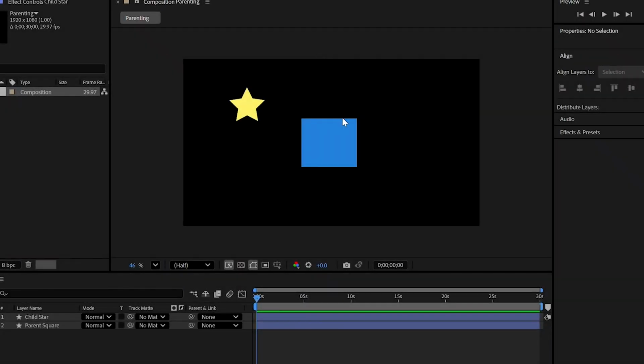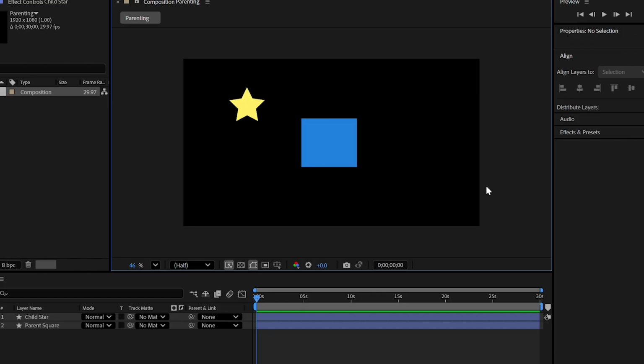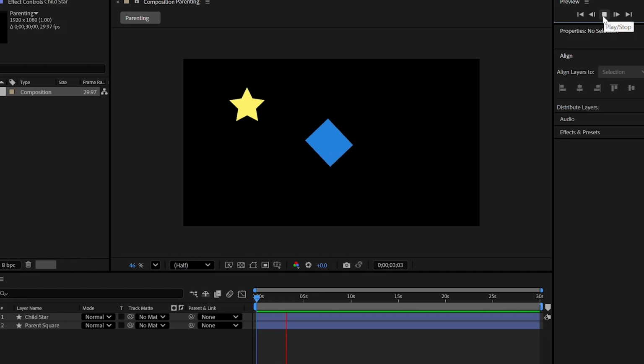So starting out, we have what I'm going to be using as the parent, the square, and what I'm going to be using as the child, the star. Notice how each shape has its anchor point in the center of itself. So parenting is a quick and easy way to animate multiple objects at once based on the parent layer without keyframing multiple individual layers. You see that my parent has animations of scale and rotation, while my star doesn't have